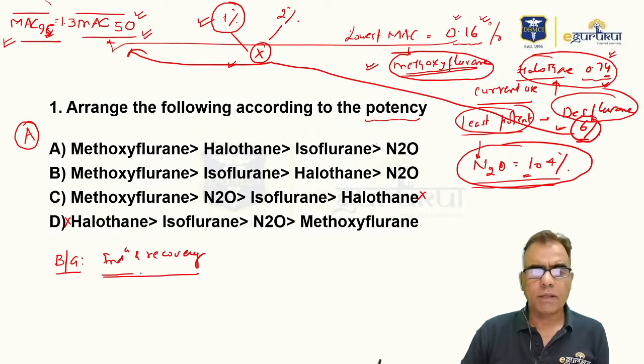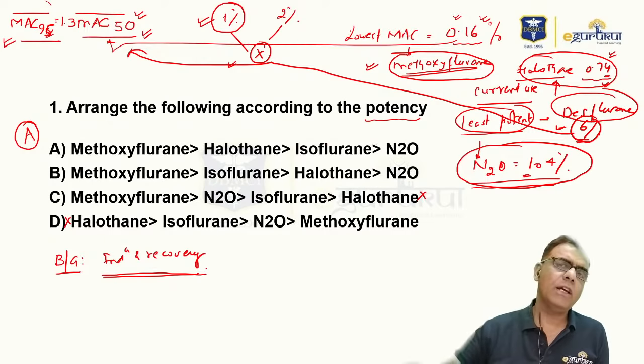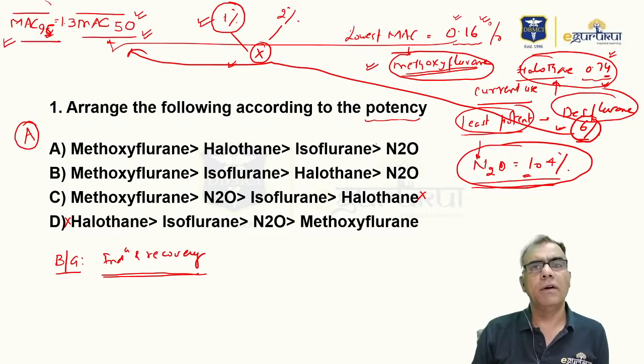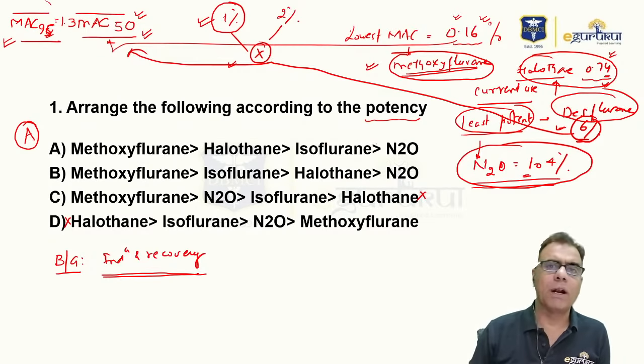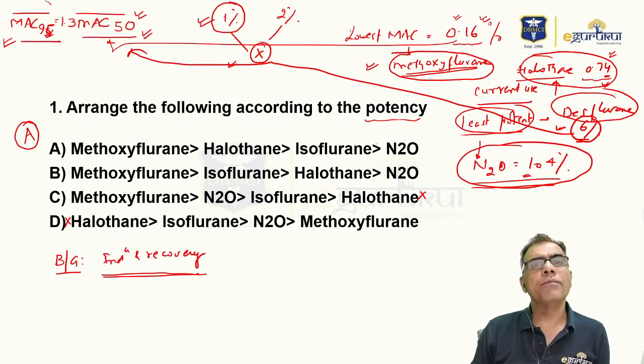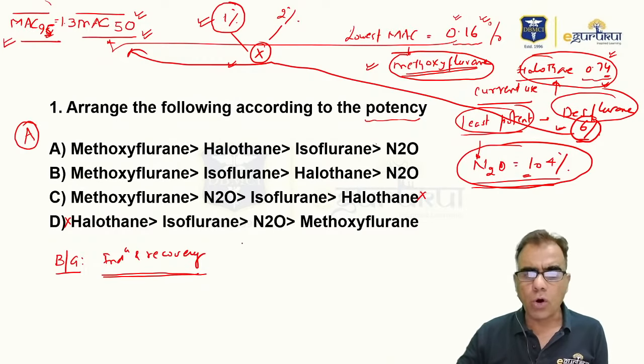Very simple method to understand this is that if an agent is less soluble in blood, means if the agent's blood gas solubility is less, so it will be easy for brain to extract it from blood, so induction will be faster. So agent with the lower blood gas solubility will have fast induction, and that is why overall